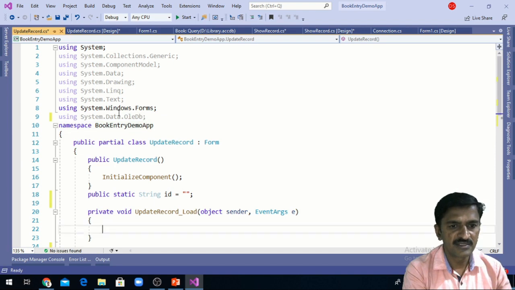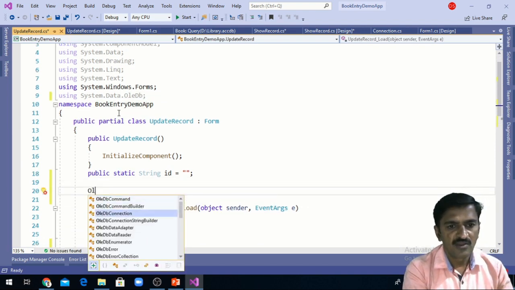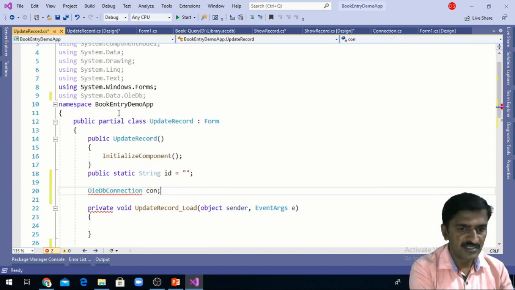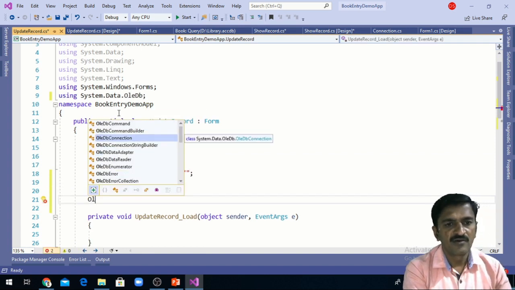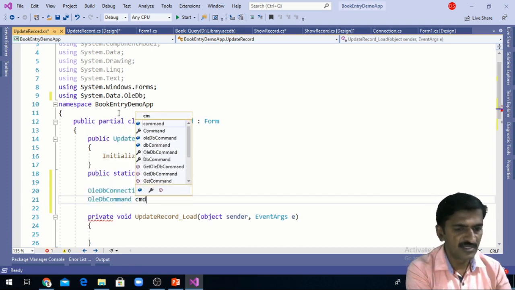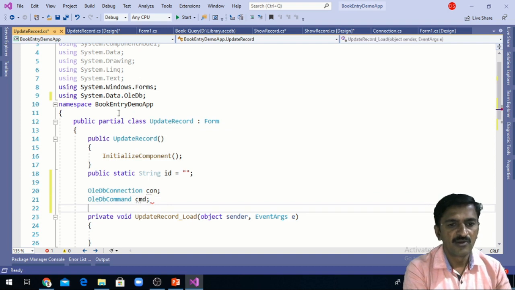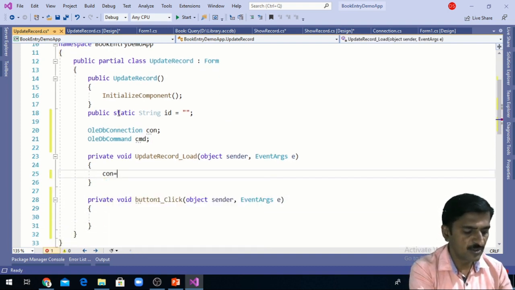Then I can create the object of OLDB connection class. So for getting the connection, I have declared this object, and to execute the query on database, I can declare this OLDB command class.